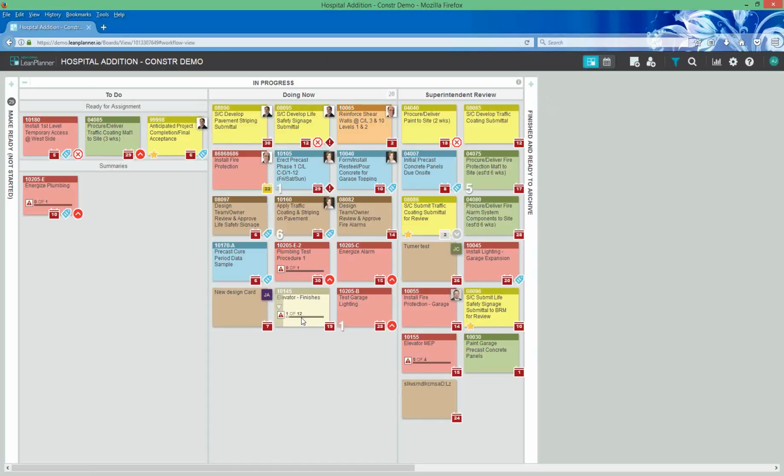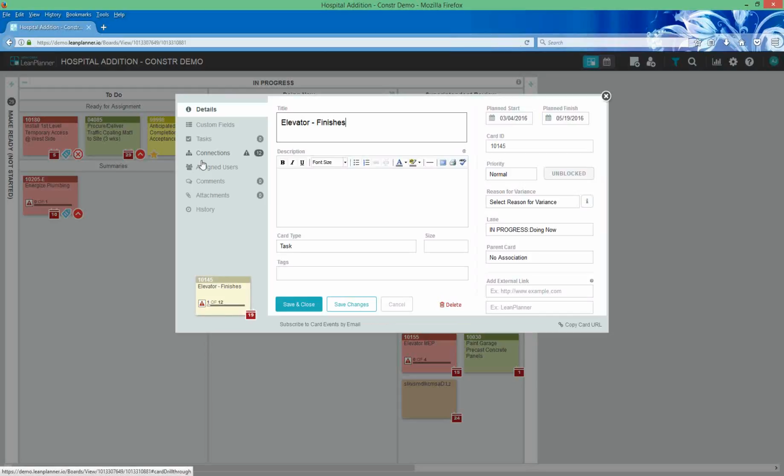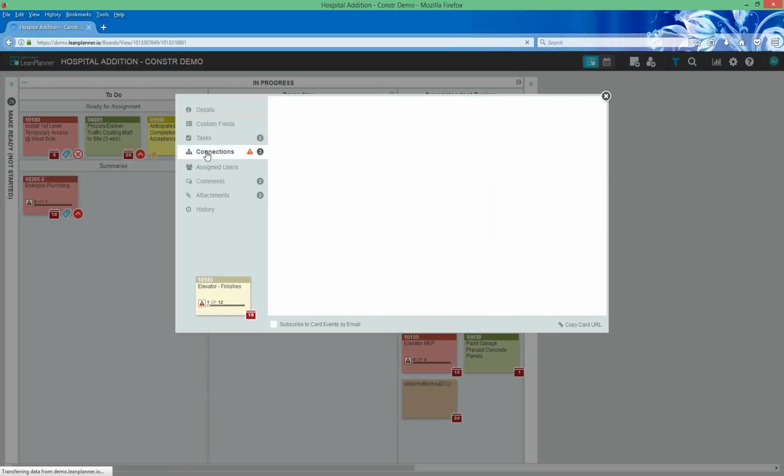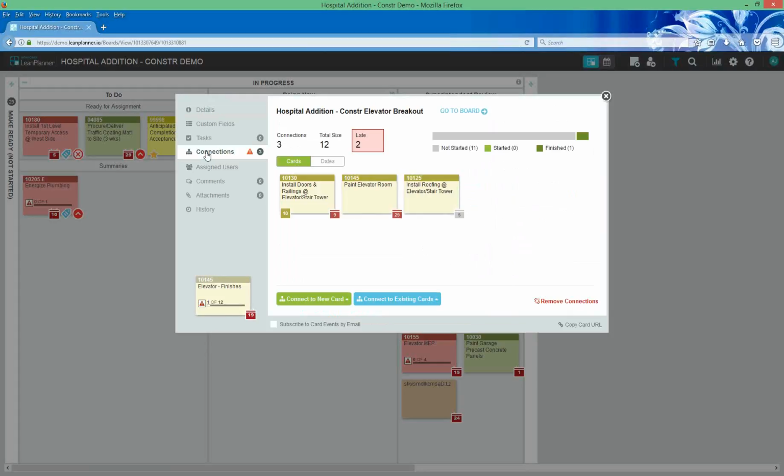So we didn't touch on it, and that was just more me not wanting to do the whole information overload thing. But basically, there is the ability to connect any card with any other number of cards, whether that's between cards on the same board or between cards on different boards.